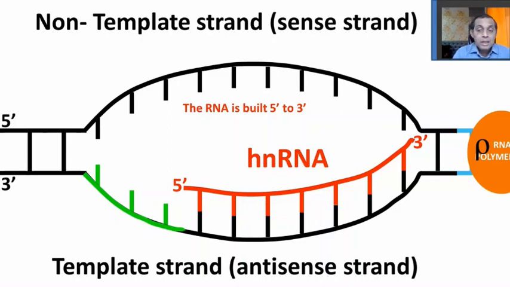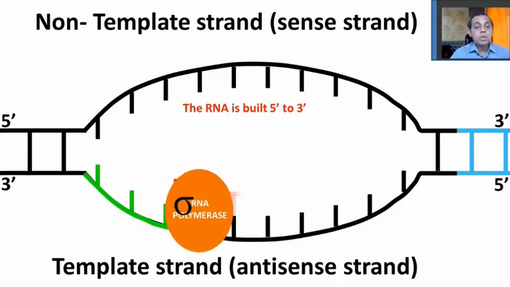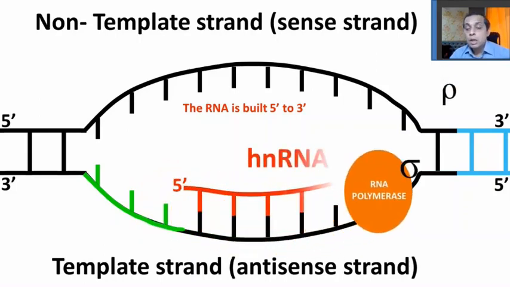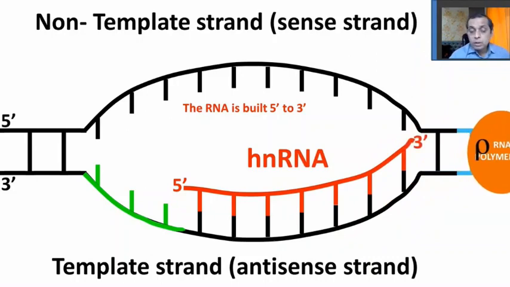I will show you once again the process from activation to deactivation. So activation by sigma factor and deactivation by rho factor. So see, there is a sigma factor which made this RNA and rho factor has stopped it. So specific regions get transcribed. So this was initiation, elongation and termination of the transcription.